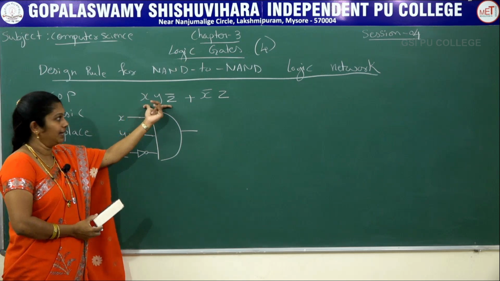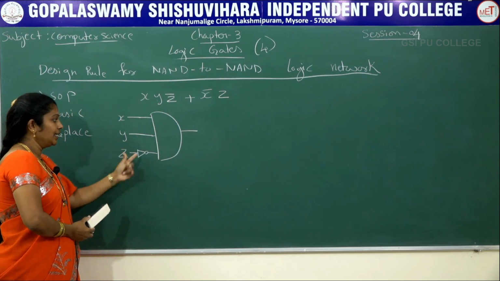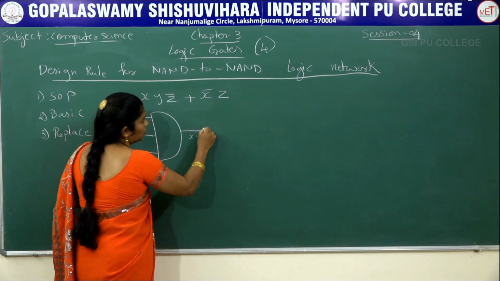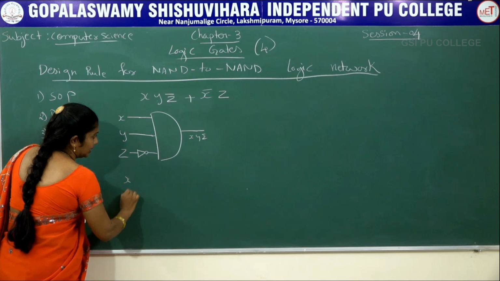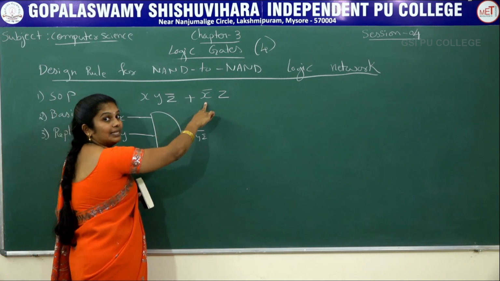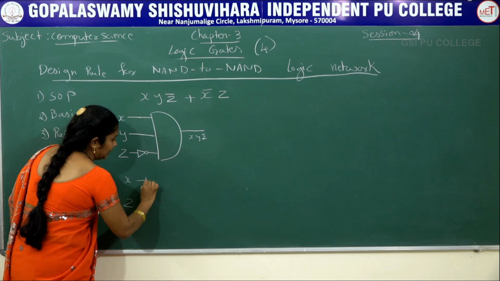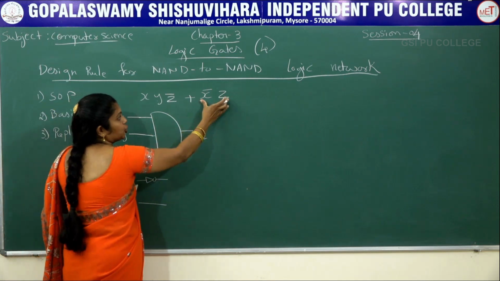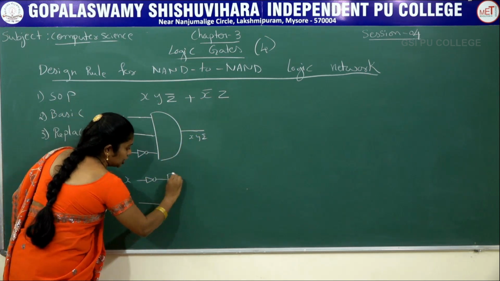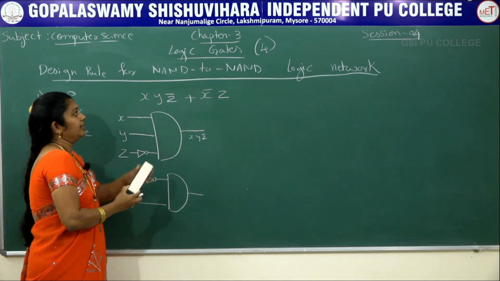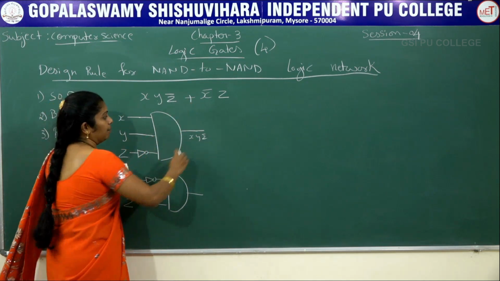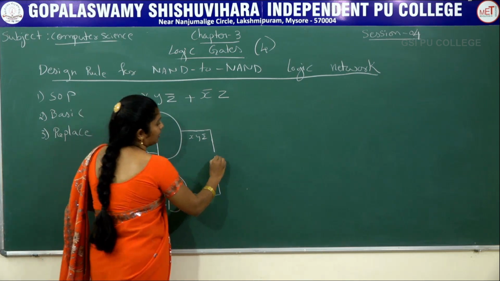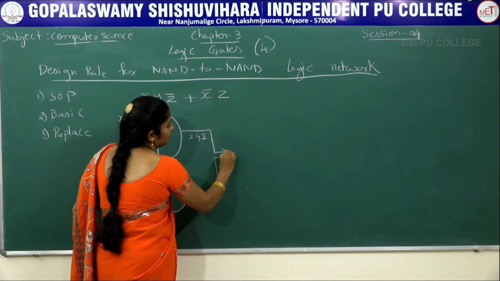Okay, the first part we have completed, that is X, Y, Z bar. What is the output we get here? X Y Z bar is the output. Take the second part. X and Z are the variables, but we require X bar, so negate it. Here it is X bar. Then next Z. These two are connected with the dot operator. Then write a D shape. Then these are combined with the plus operator. For plus, keep in your mind the reverse C shape. Then here you have to write a reverse C shape.